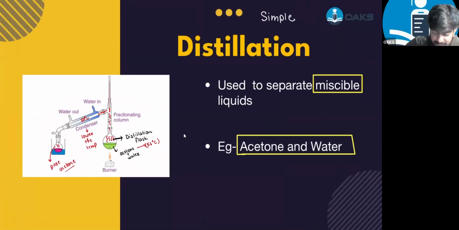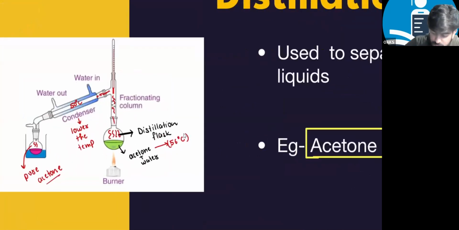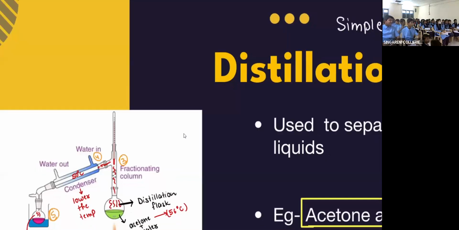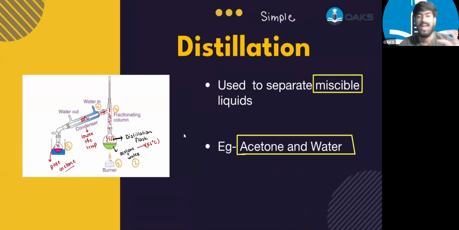So I'm going to name the steps. First of all, you have to take the mixture, this one is first. Then we are going to heat it, second. Then the vapor is going to form, third. Then the vapor is going to come into this tube, that is the fourth step, and finally you are going to get the pure acetone. Yes or no? Any doubts still here? No, sir. That's great. So do you want to write this? Yes, sir. Okay, how much time are you going to take? 1 minute? Okay, that's great.